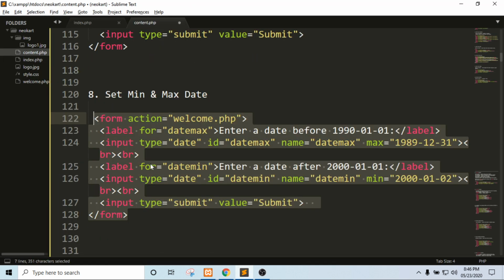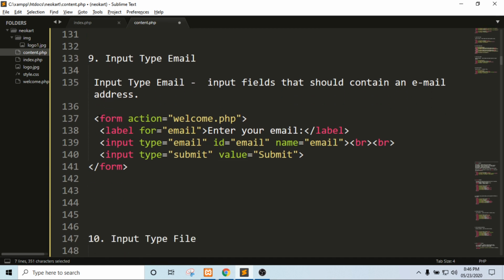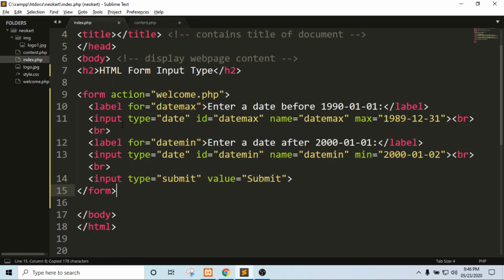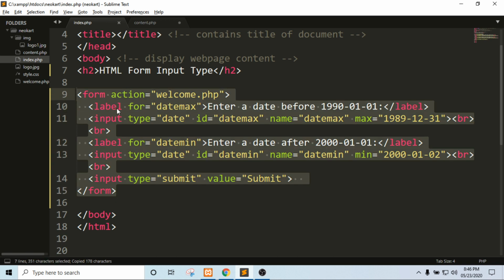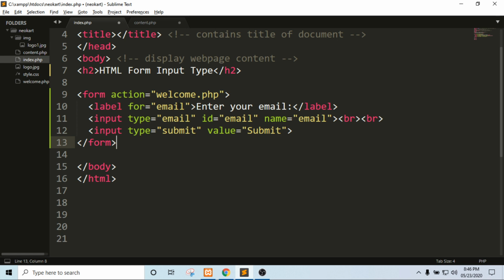And next one is input type email. Input type email is an input field that will contain an email address.